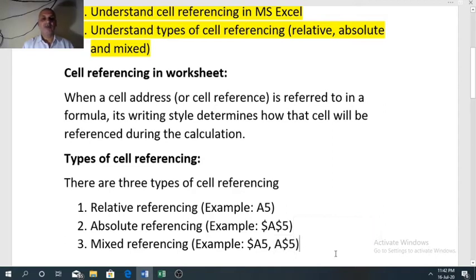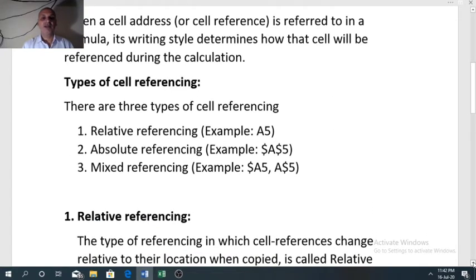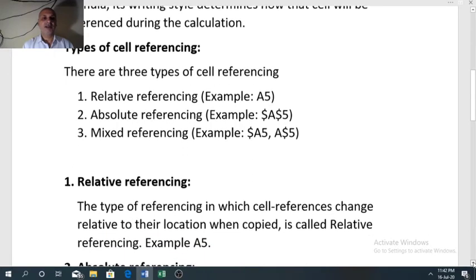One by one we will see examples of these three types of referencing: when we use relative, when absolute, and when mixed. According to the situation, we use any of these three types of referencing while writing a formula in Excel.